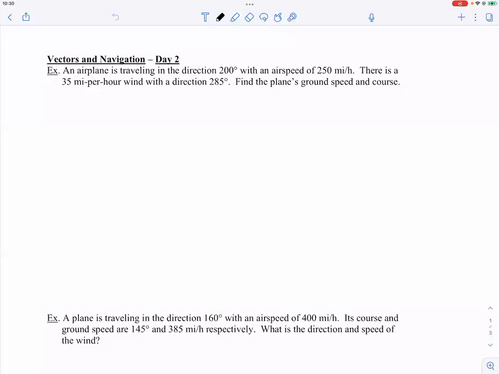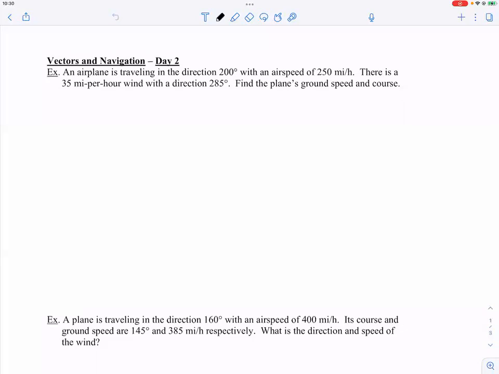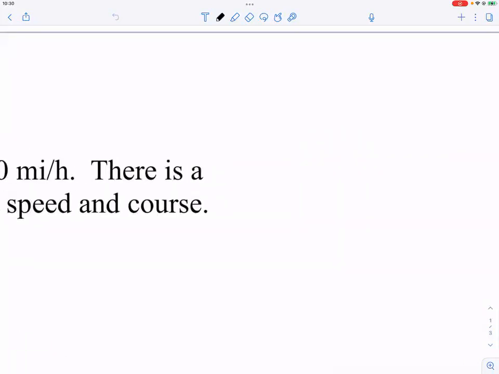We'll start with day 2 of the vectors and navigation. Now, before we start, I want to go over a couple of things. The first thing is, how do we tell direction? We know how to tell north, east, south, west, so I want to make sure that you know this is north, and north is 0 degrees. Okay, and east is